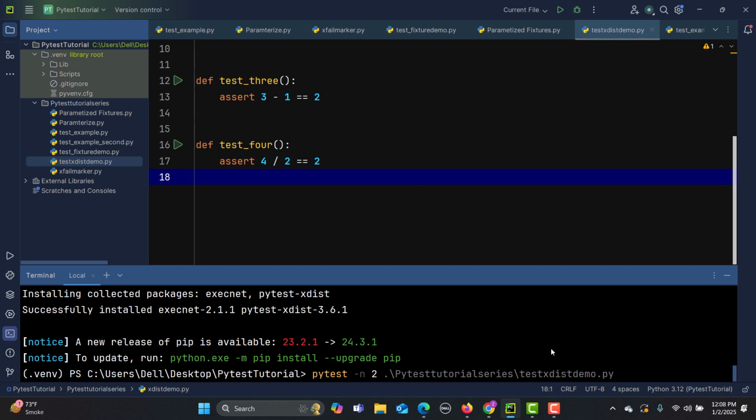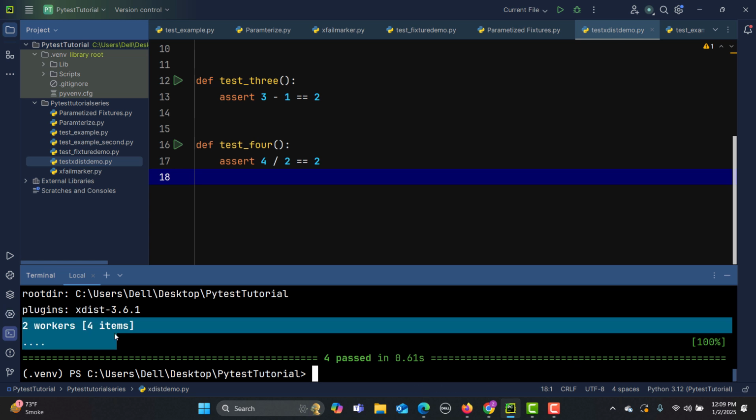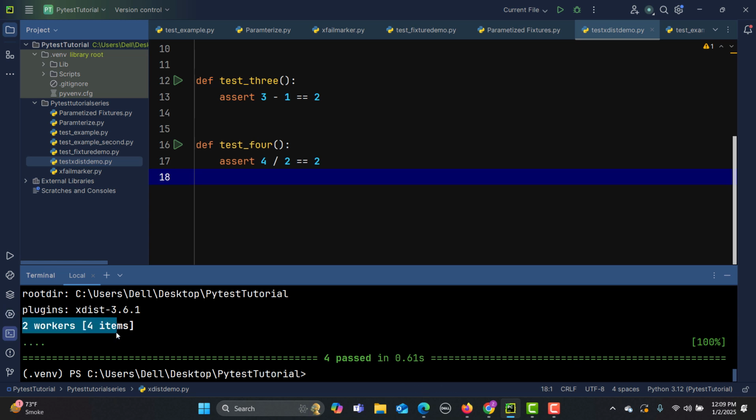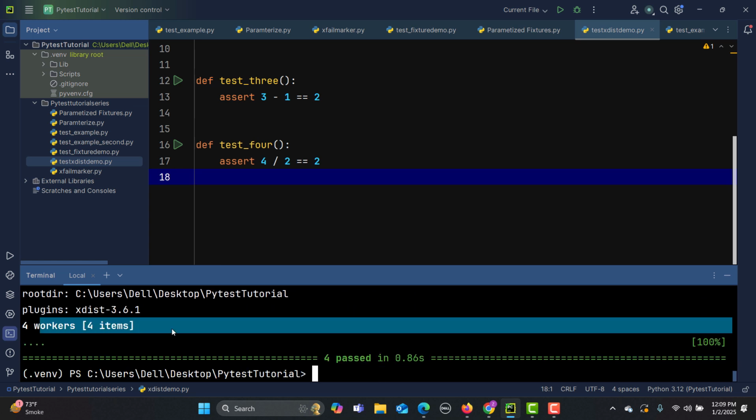And now if I press enter, there will be 2 parallel executions. You see that 2 workers are working in parallel. So here the execution time got significantly reduced because of the parallel execution. Now instead of 2 I can go with 4 here as well. If I press enter, this time you see that 4 workers are working, right? The 4 parallel executions happened in this case, so it will significantly reduce time when you are working with